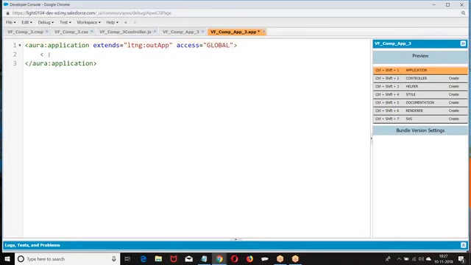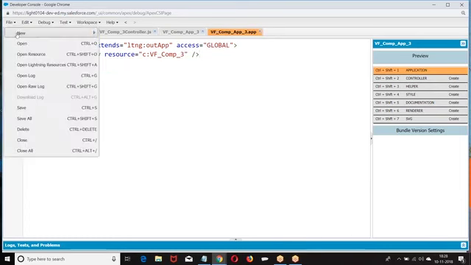Then the URL dependency, resource equal to c colon VF component, this is what I have given.